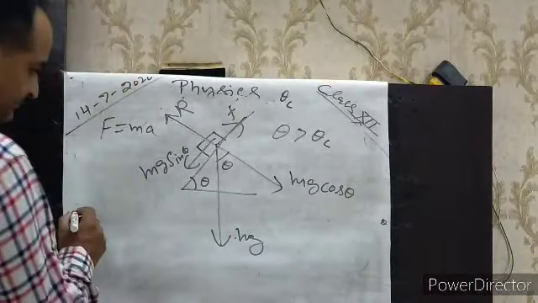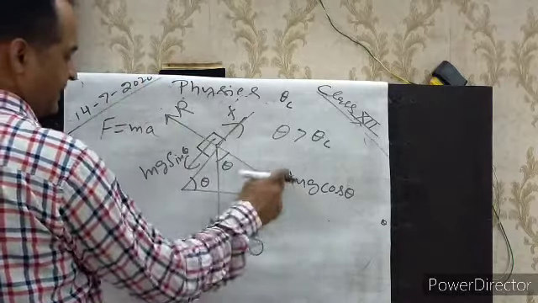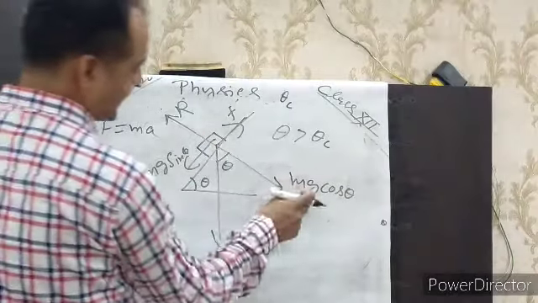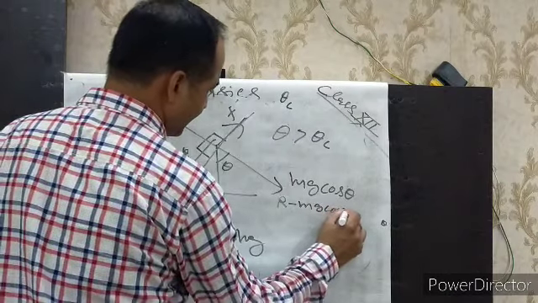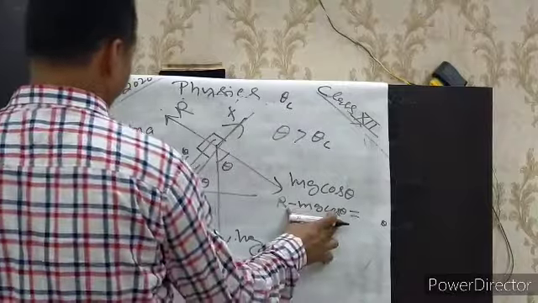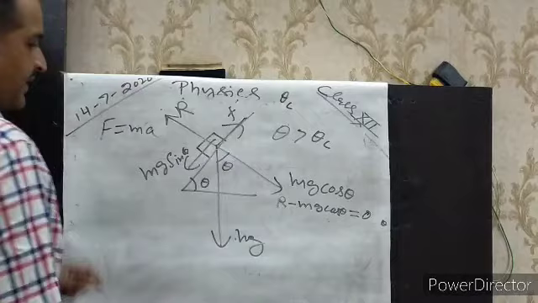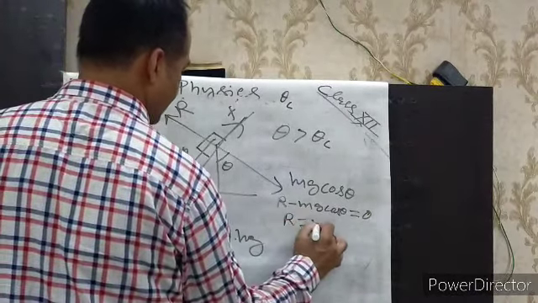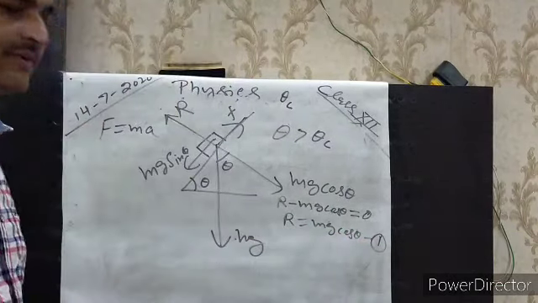Then we will take F is equals to ma in this direction. What is F? Net force. R in this direction is positive, then in the opposite direction mg cos theta is negative. R minus mg cos theta is equal to what? Is it moving in this direction? No. Acceleration is 0. This one is F, and F is equals to ma. Ma is 0. Therefore, take mg cos theta to the other side, R is equals to mg cos theta. Equation 1. Can you see this R is equals to mg cos theta?